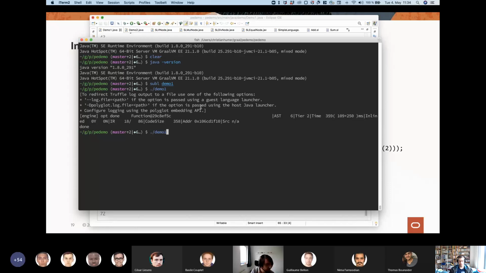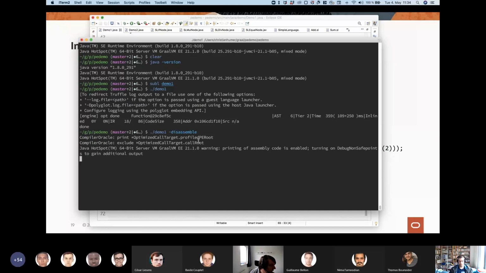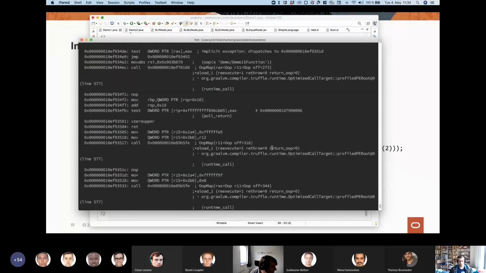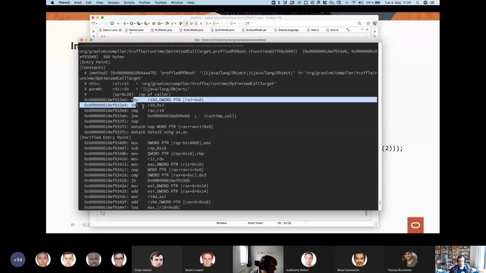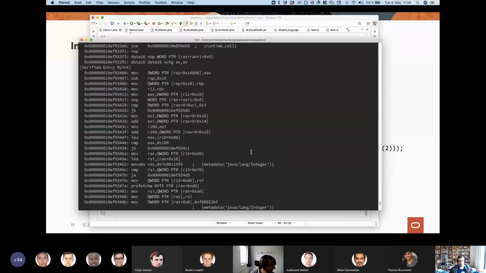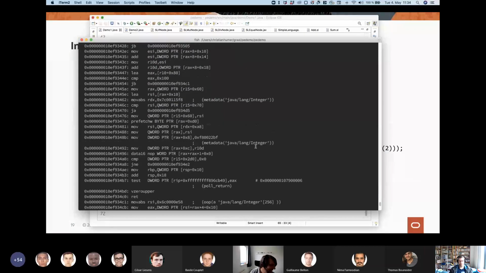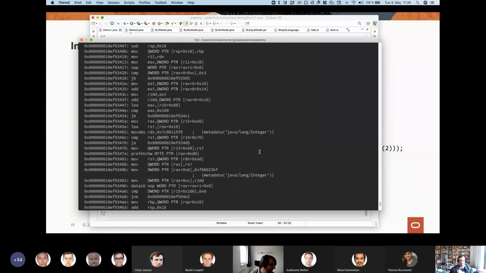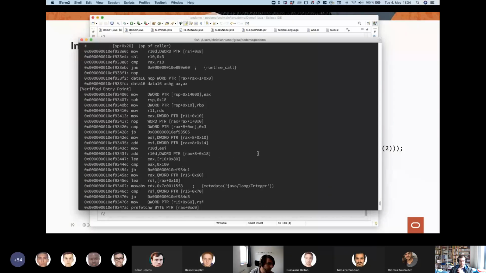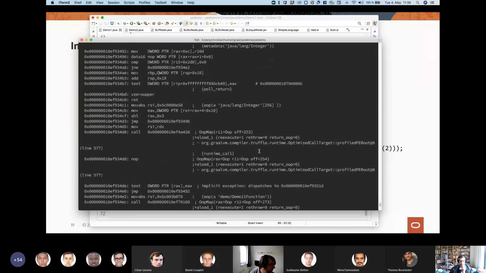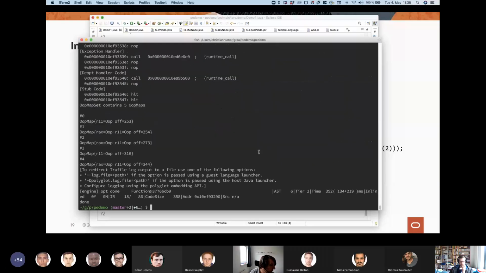Now you can just run the same one with disassemble. This adds some additional VM arguments that show you the generated machine code. So this is the generated machine code for the function we've produced, but this is not really usable for anyone. In practice, we rarely look at the machine code unless you work on the compiler backend. Most of the time, we actually look at the compiler graphs, which you can also produce with